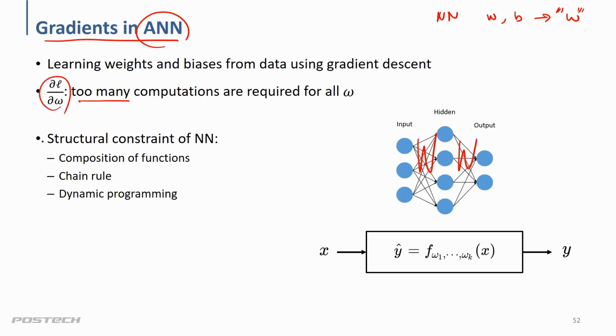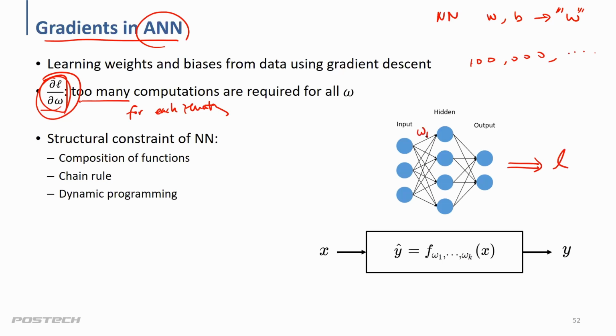And the problem is, suppose we have, I don't know, 1,100, 1 million weights, then for each iteration you have to compute all the partial derivatives. So it's too much. So what I'm saying is that here, let's say at the end you have the loss,